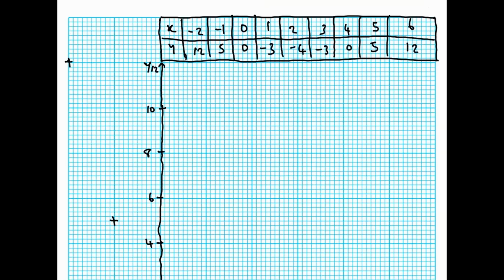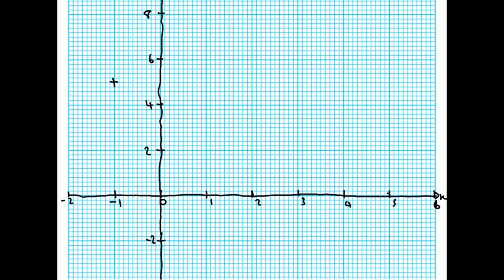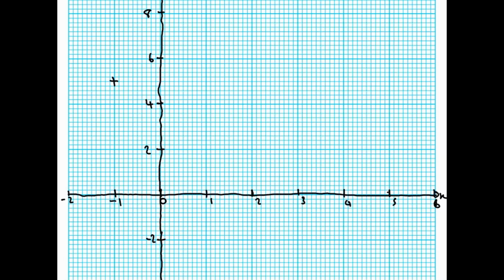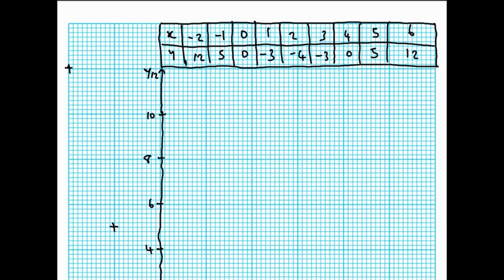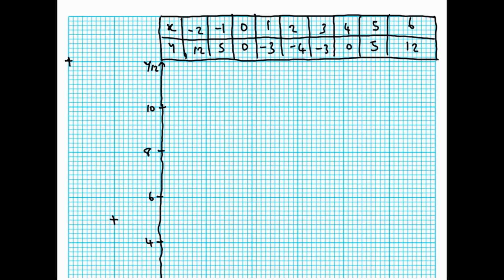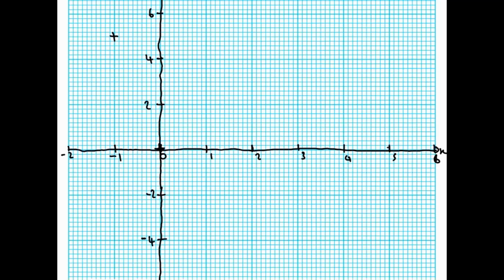Then we are told kuti when x is 0, y is also 0, like this. We are told kuti when x is 1, y ndi minus 3. Minus 3 tinomuwana papi? Tinomuwana pakati panapa, from minus 4 to minus 2 ndopana minus 3. So we are counting 1 2 3 4 5 which is panapa.